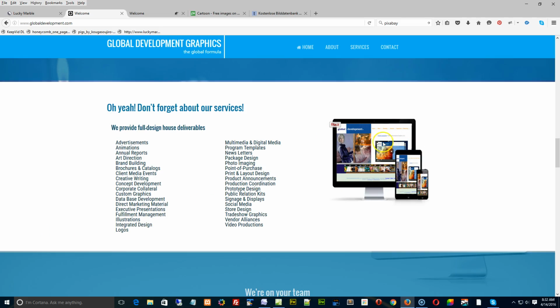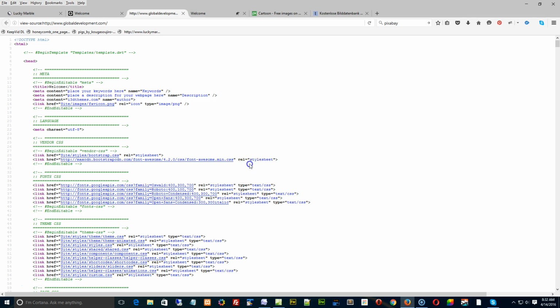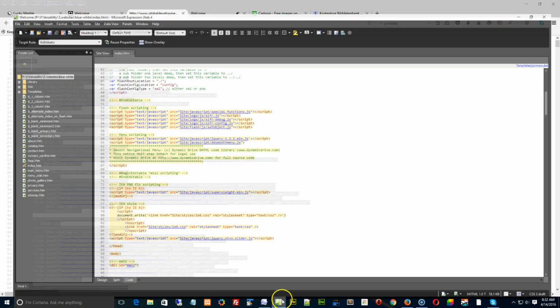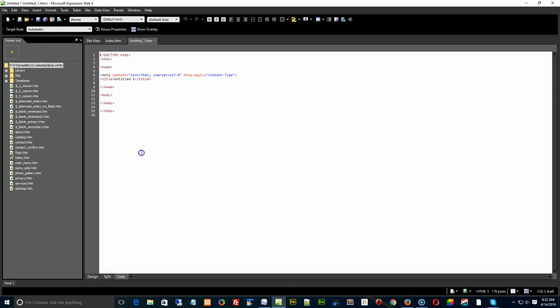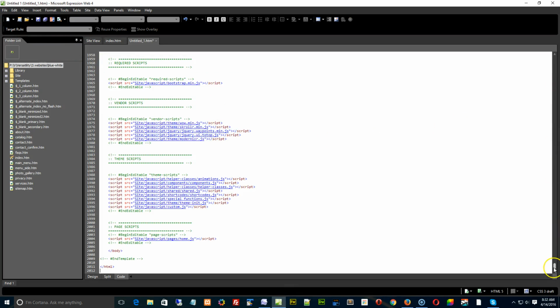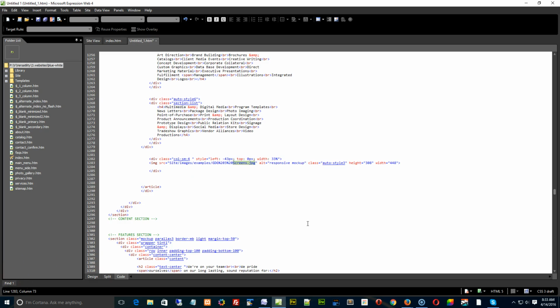First thing I noticed is this image here does not have the tag of image responsive assigned to it. I'm just going to throw this into a web editor. I'm not sure which one you're using, but I'll do a view source. Okay, and I'll just copy all this into a web editor here just so you can see, and we'll go find that picture. Okay, you're using auto style 3s in there, so you're using like Expression Web or a Microsoft